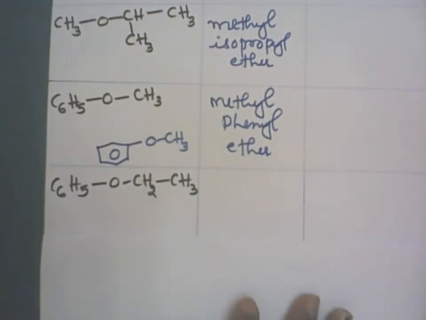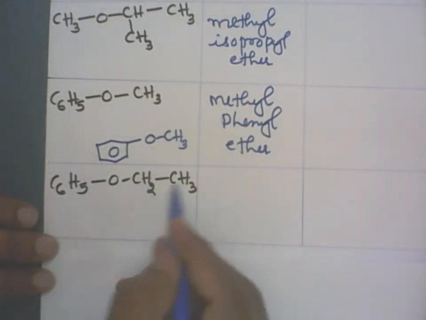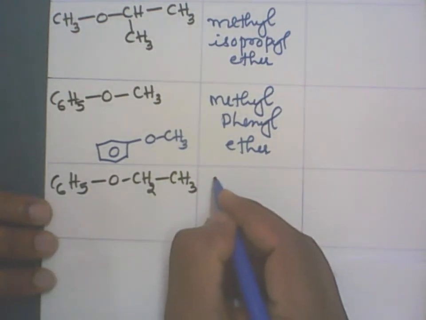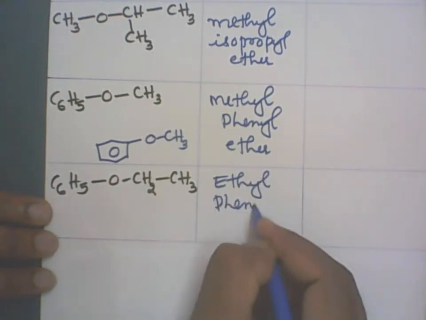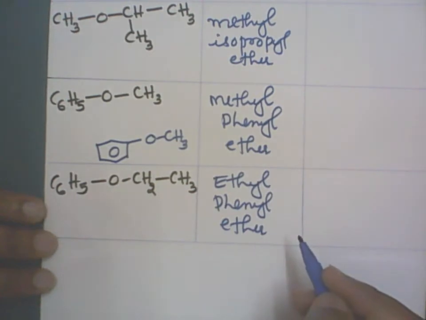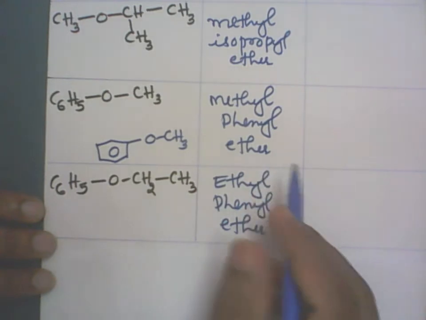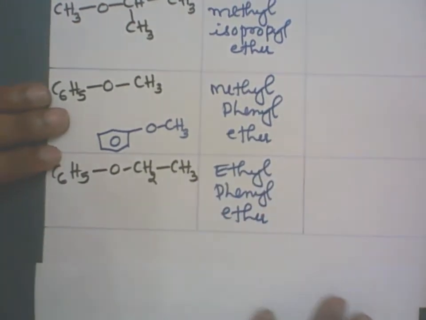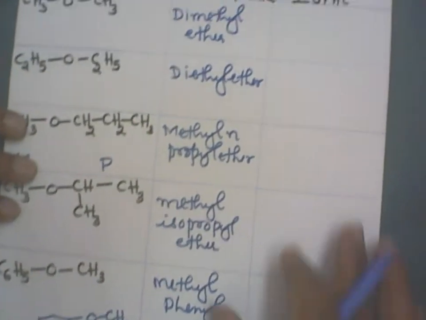Next one. Phenyl we have got. Then we have got ethyl. E comes first, then comes P, right? So this is known as the ethyl phenyl ether. Clear? Again, I'll repeat. The name should be continuous, but I'm writing here in this column one below the other, the words. Right? Clear? So we'll write now the IUPAC names.